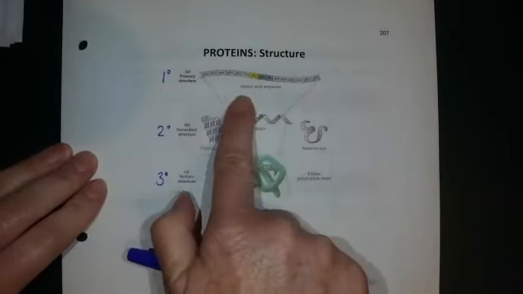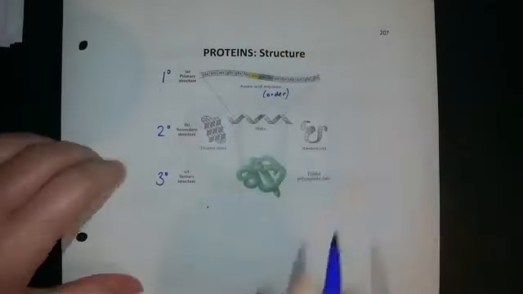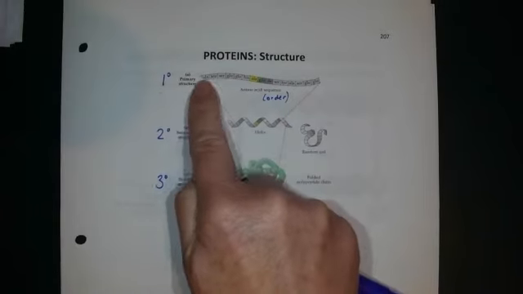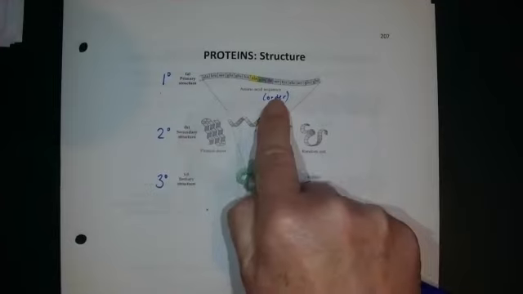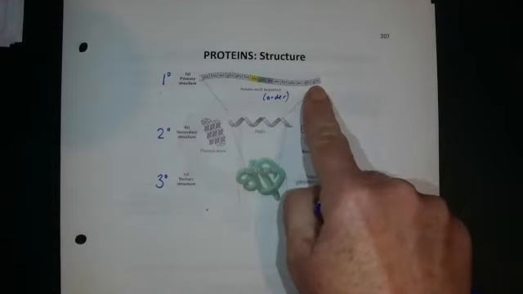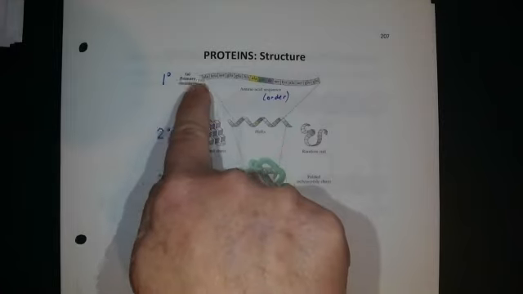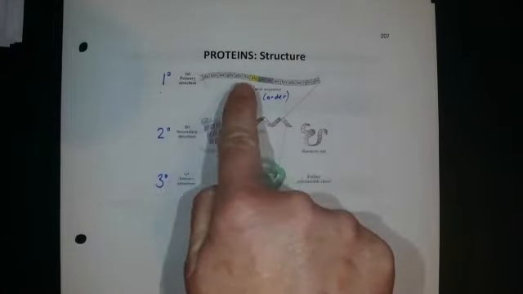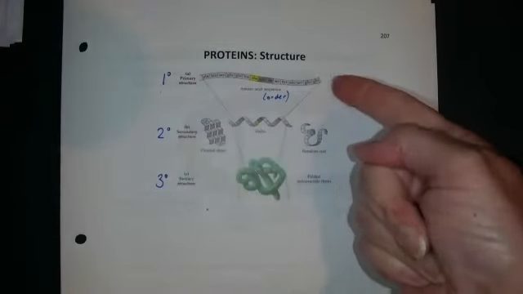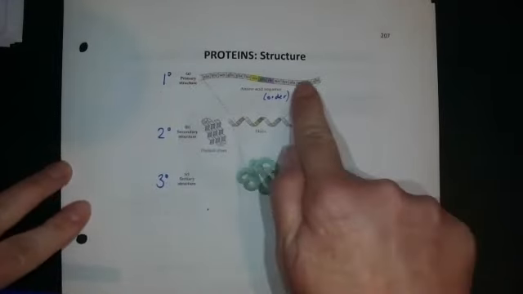The primary structure is just the order, the sequence or the order of the amino acids. In other words, here's an alanine followed by a leucine, followed by a serine, and so on. What's the order of amino acids? That's the primary structure. Remember what the word primary means? It means kind of like the main, like your primary address is your main address. The primary structure is what's the main structure of the amino acid. How was it built? It's built by connecting one amino acid after another, after another, after another, as we saw just now. And that order or sequence is called the primary structure.